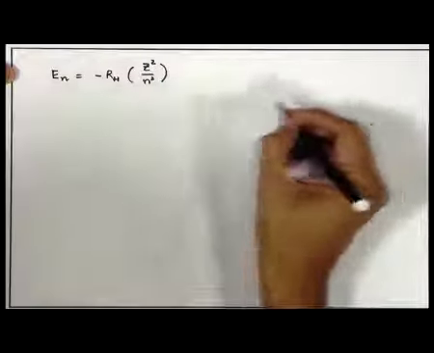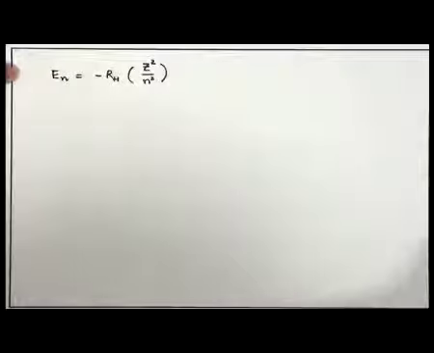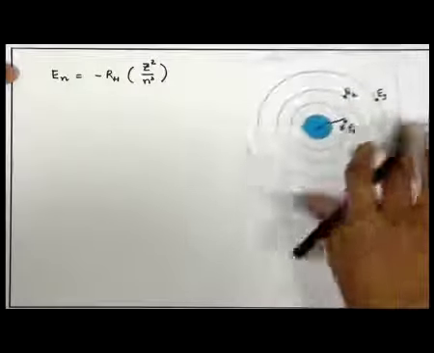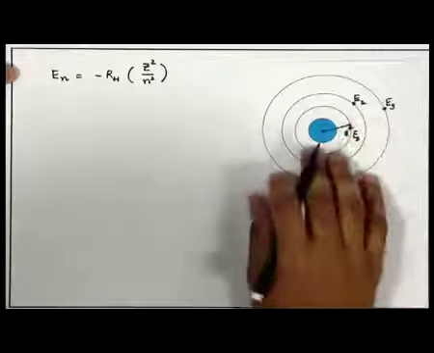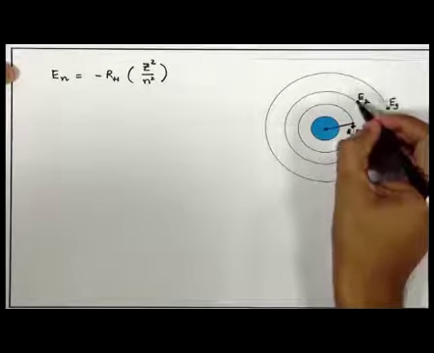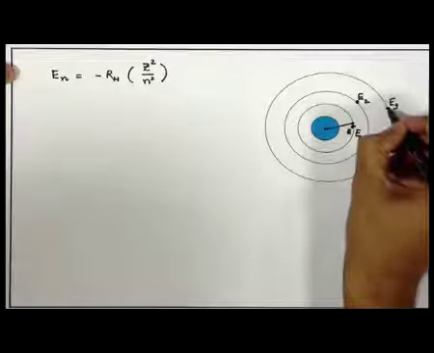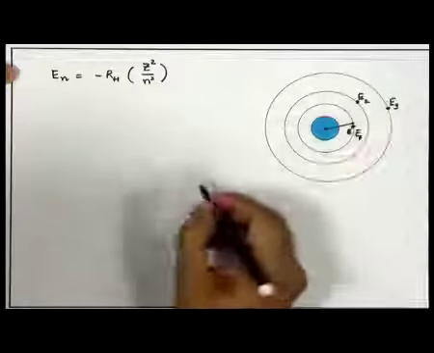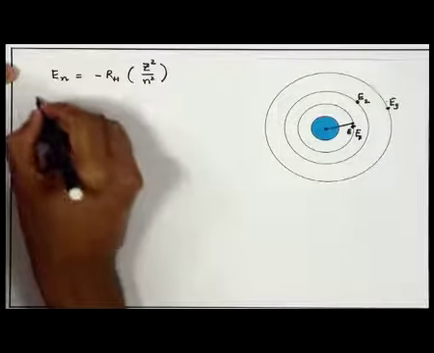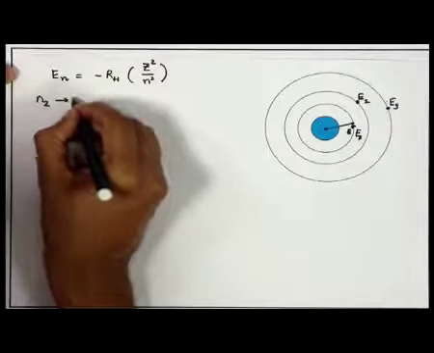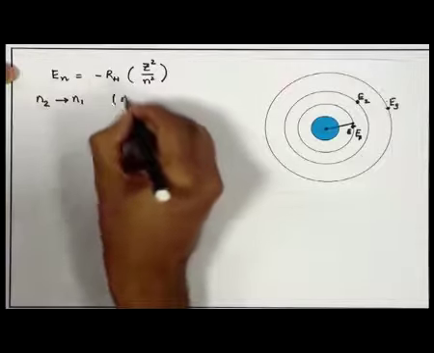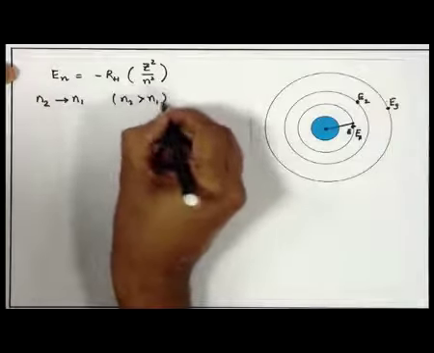For emission, we know from Bohr's atomic model that if we are discussing an emission spectrum, the electron is coming from a higher energy orbit to a lower energy orbit. So, let us say that the electron is coming from n2 to n1, where n2 is greater than n1. In that case,